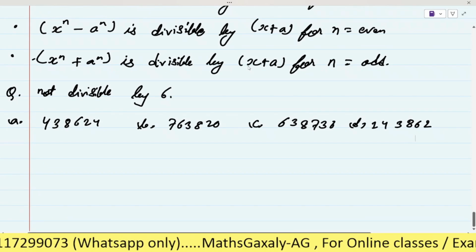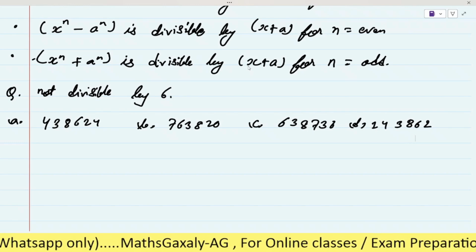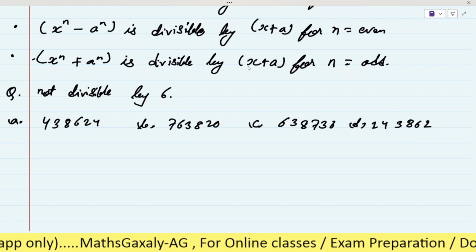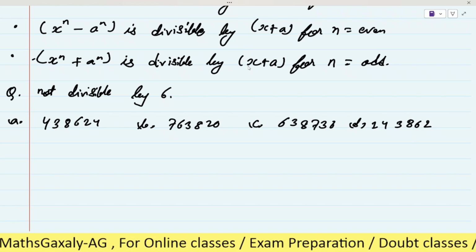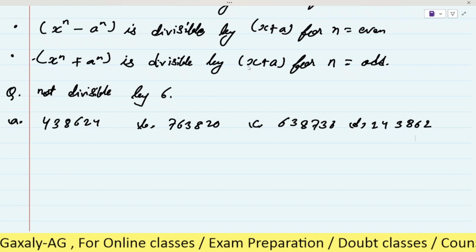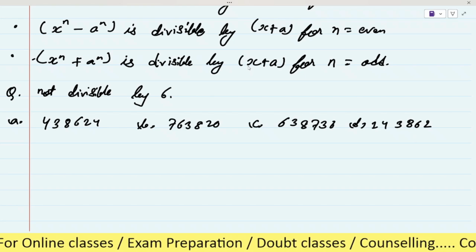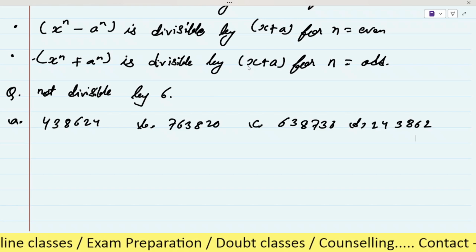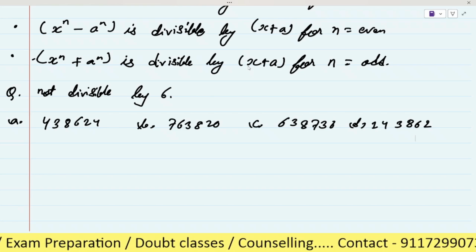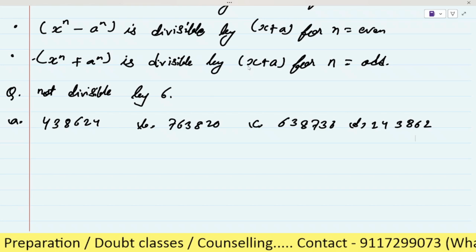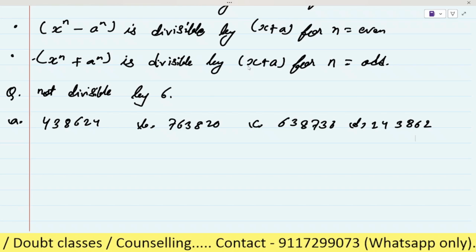Here you have to apply the divisibility rule of 6. What is the divisibility rule of 6? Should be divisible by both 2 and 3. Very good. As here you can see all the numbers are even numbers, right? The last digit in all of them is even. So all given numbers are divisible by 2. Now we have to check which number is divisible by 3 or not. So can you please check it and tell me?